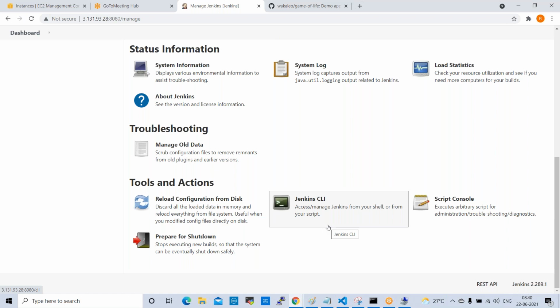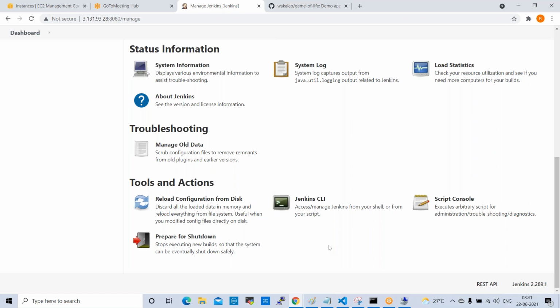Normally, as DevOps engineers, we don't use the CLI. If any issue happens, we raise a case with the Jenkins vendor, and they connect through the CLI and check. Next, Reload Configuration from Disk. If any configurations are missed, for example, when we purchase a laptop and the operating system is corrupted, we can reload it using one key they provide.